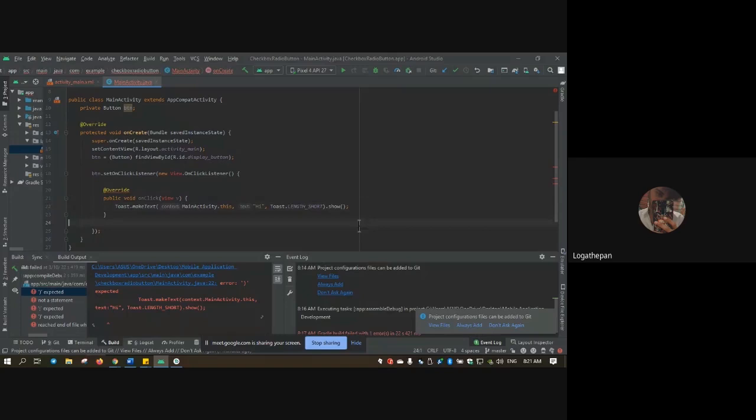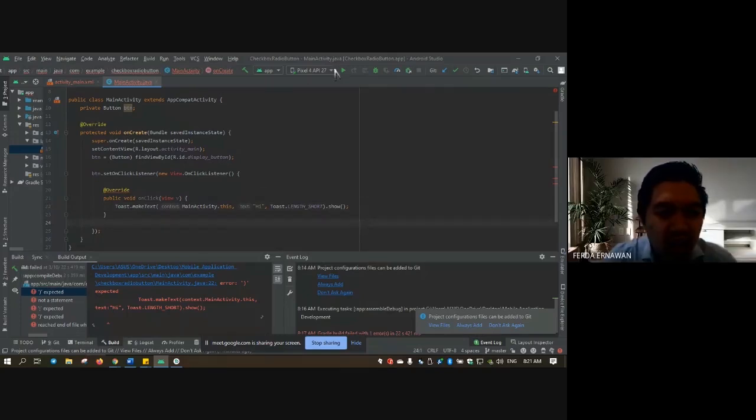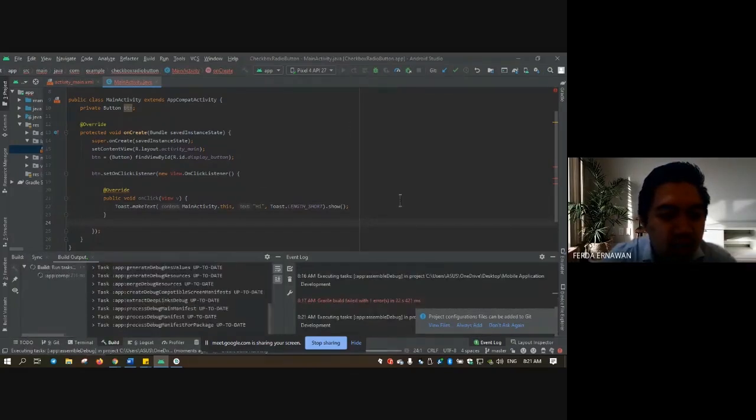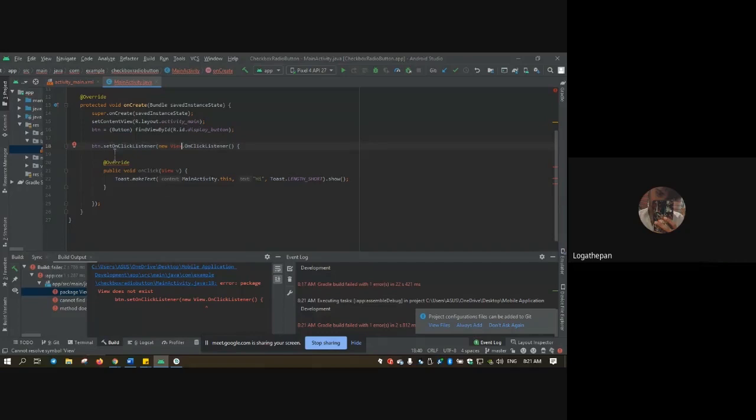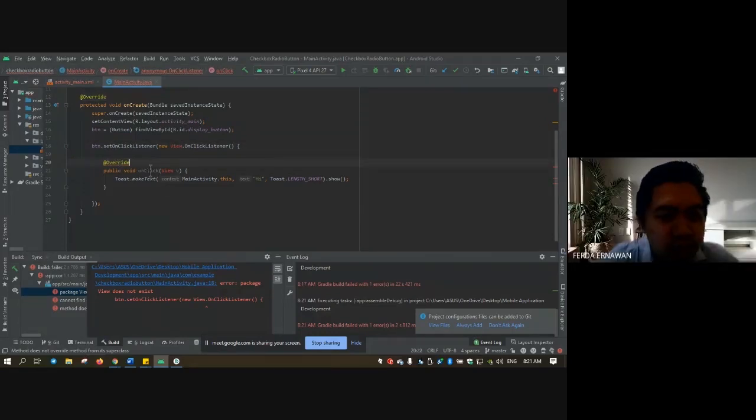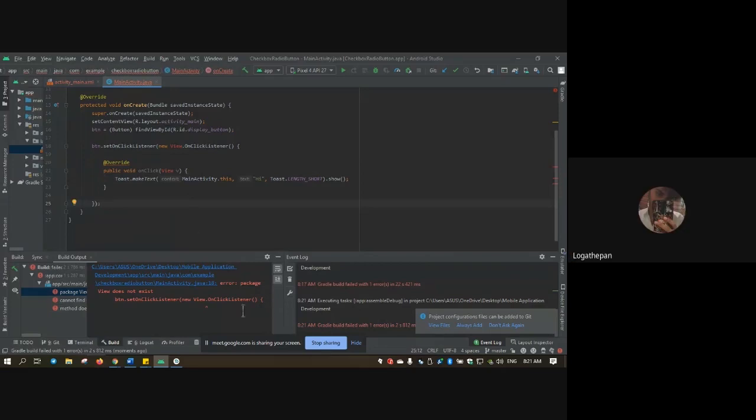It's created automatically. So I just call the class dot this, and then comma, and in brackets hi. About the override, you can ignore it. It's okay.